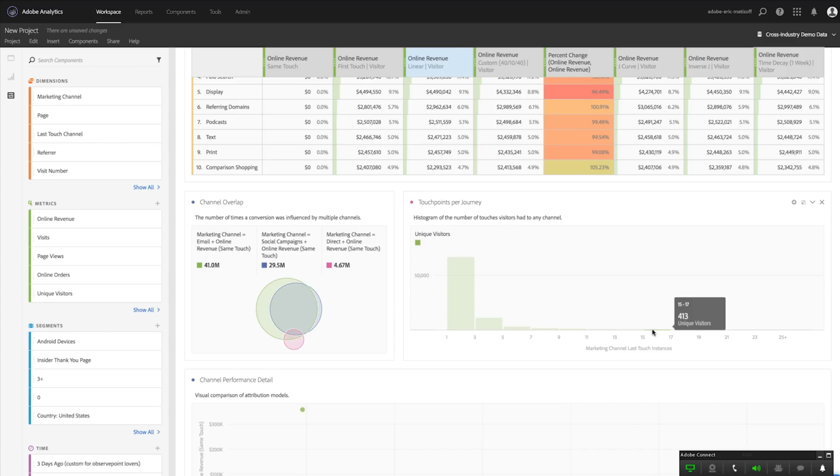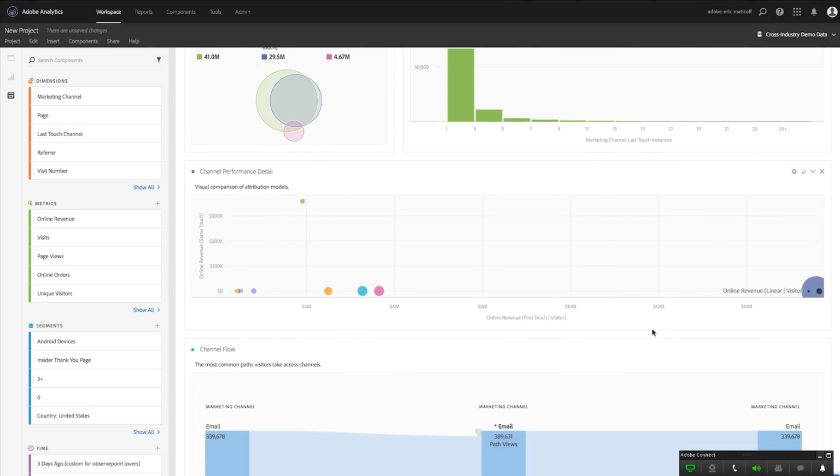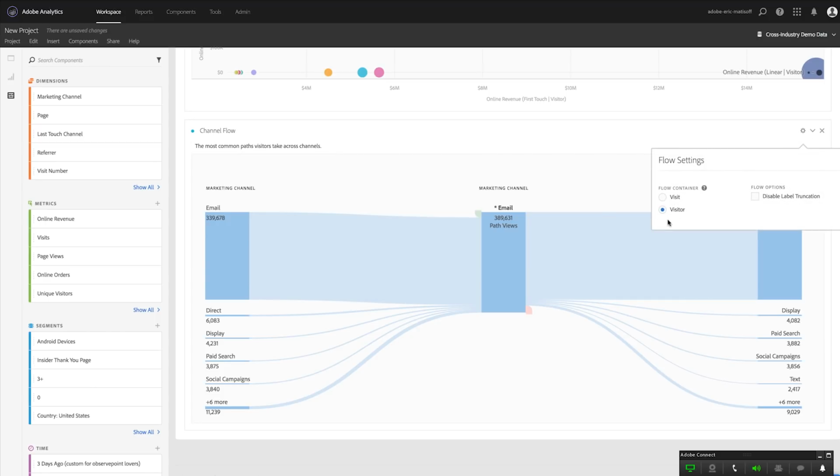that are aligned with your visitors in terms of how many each of those visitors have had based on any channel that you're analyzing. Next, we have a scatter chart that's comparing your first touch visitors to online revenue, and then comparing that to same touch here on the left, so you can really get a feel for how they're interacting together. And then the last piece of Attribution IQ panel at the bottom is this channel flow, where you can